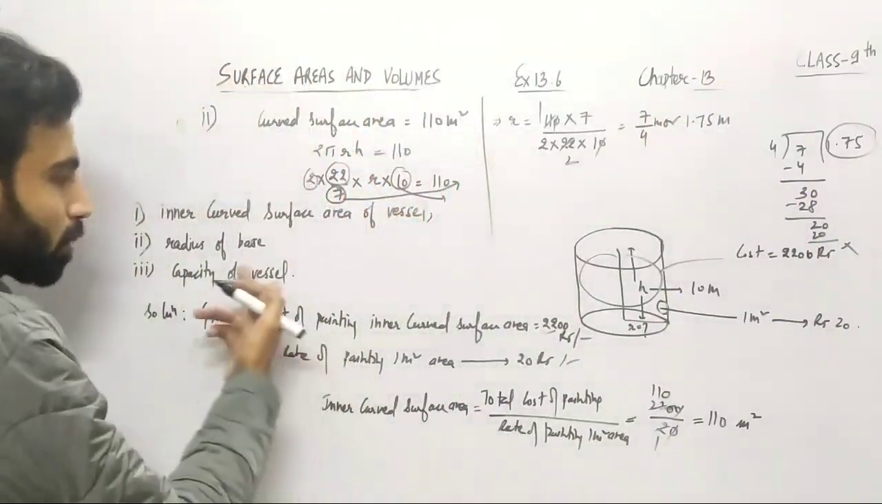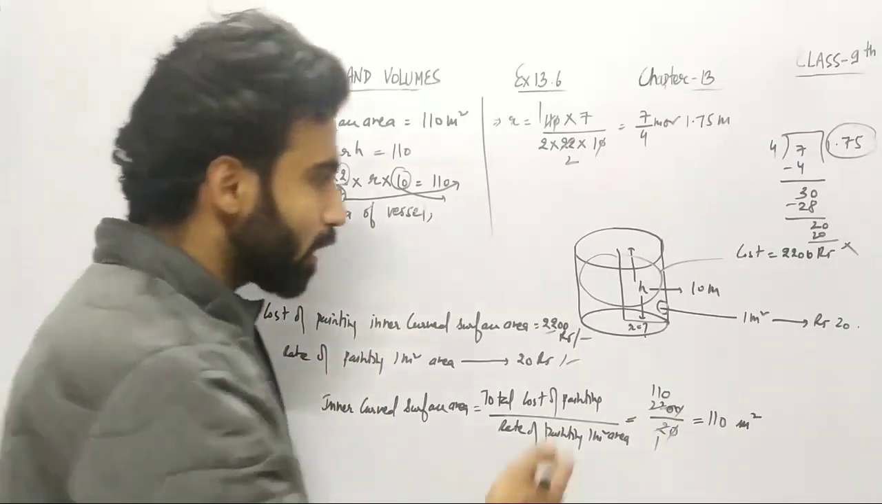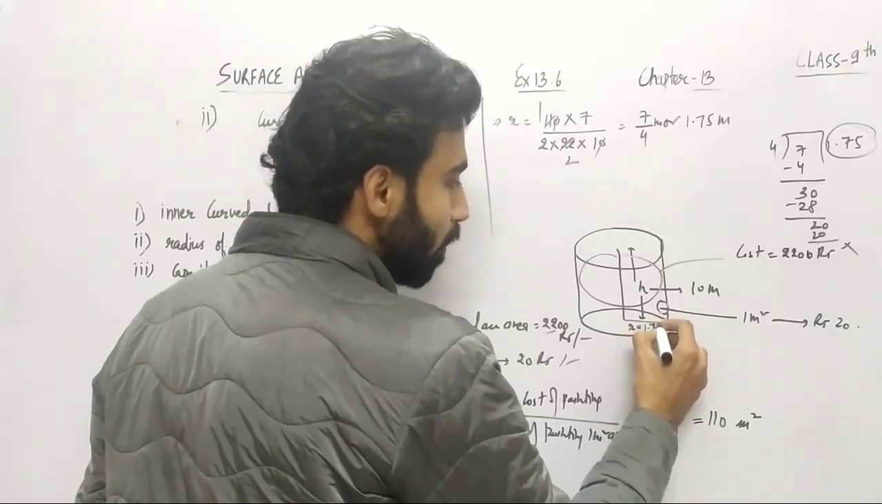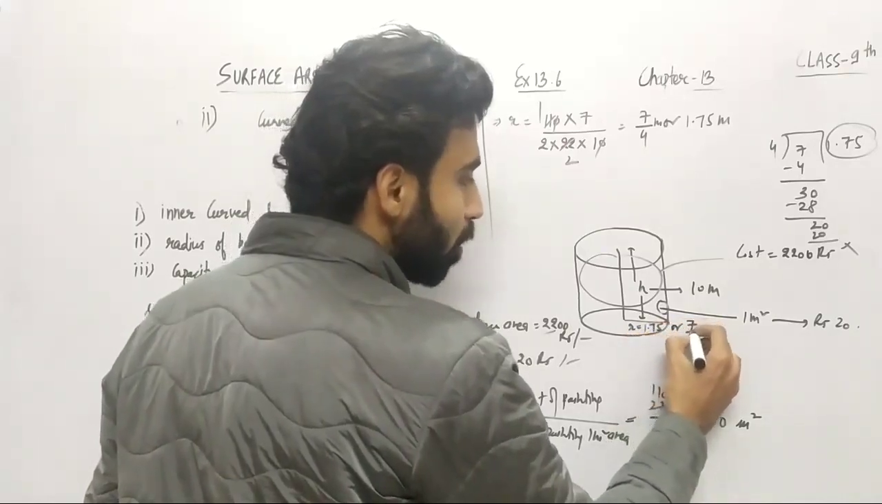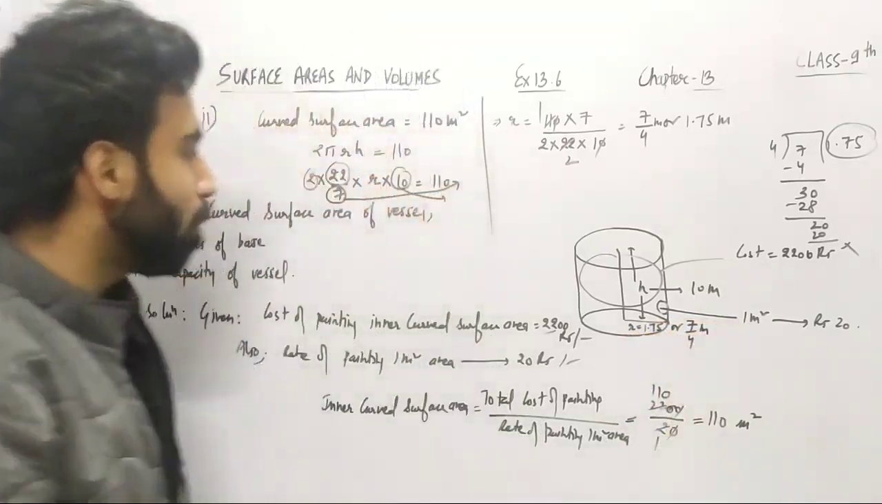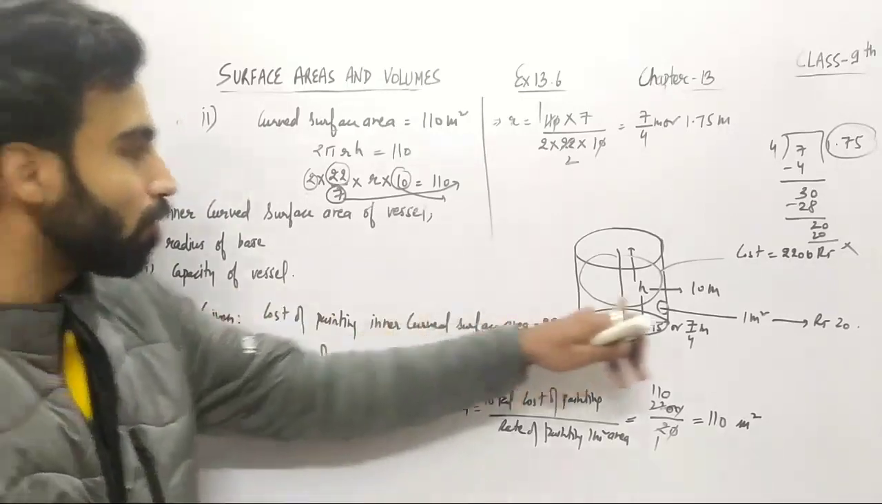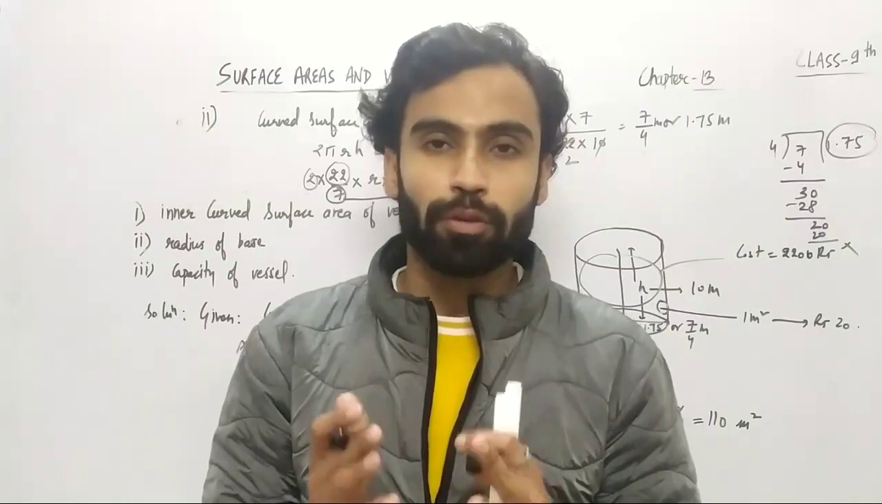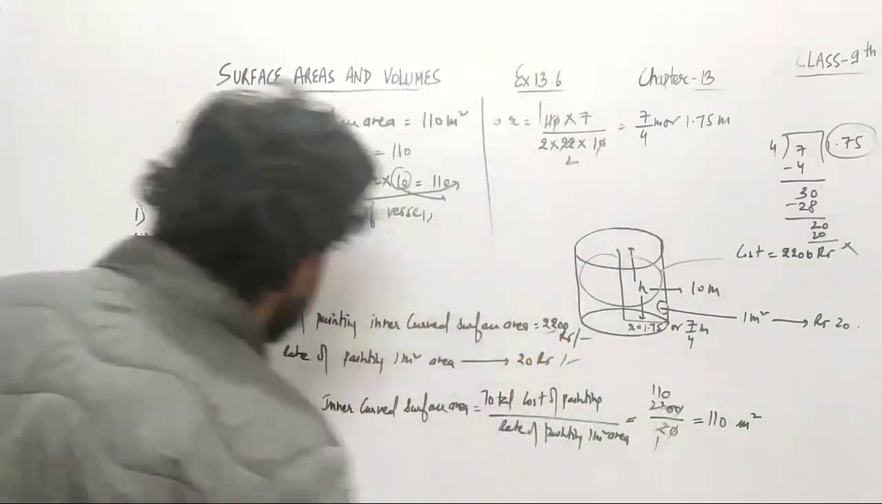So now let us move on to the third part. So as we have found out the radius here, that is 1.75 or you can say 7/4 meters, right? Now let's talk about the capacity of this cylindrical vessel, which is the third part which we have to find out, right? So if I just make some space now,